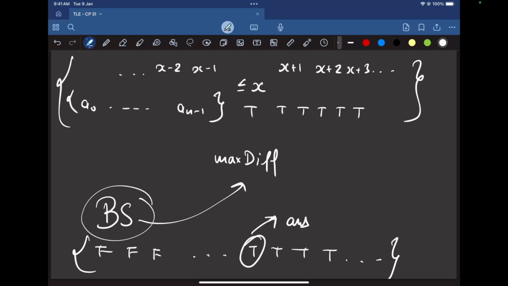Okay, so this is what we are trying to look for. Now, this is not a very beginner friendly concept. This is part of an advanced concept of how we realize maximum differences work in binary search. This is actually part of the content for TLE level 3, so do check that part out. Once we understand this, that max diff is something I can binary search upon, we are